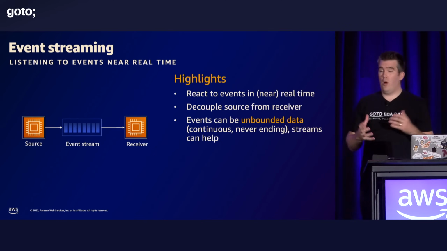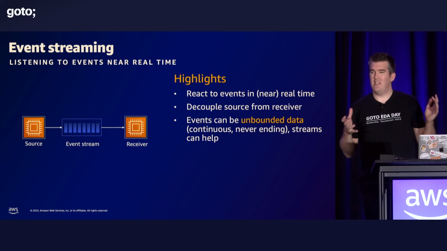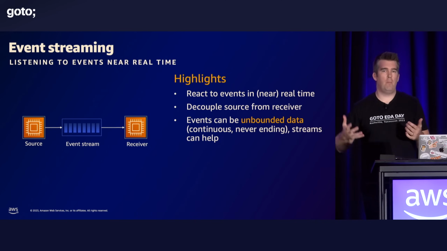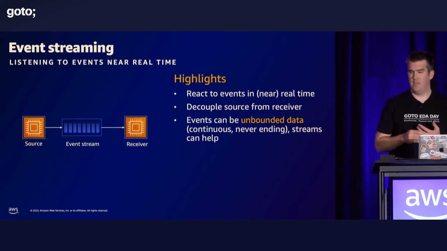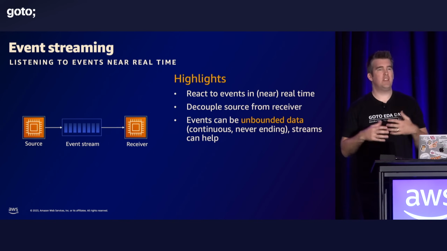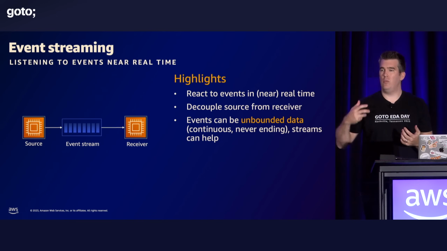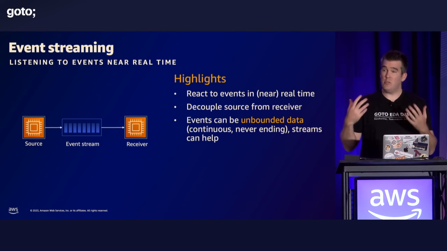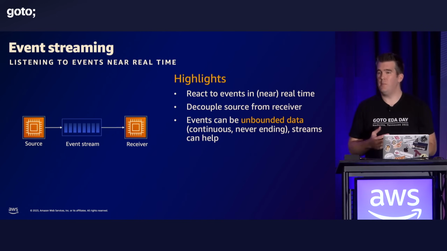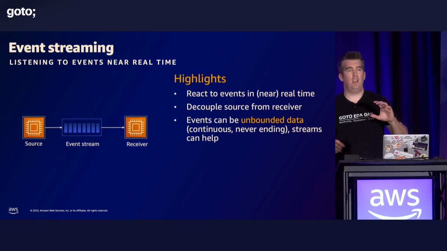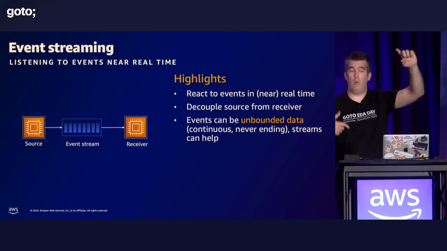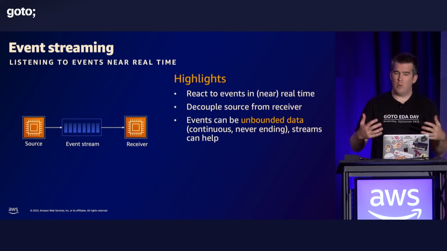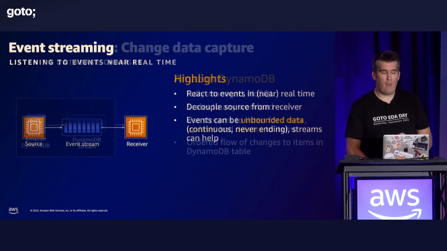The next type of event system that you'll have in your architecture is event streaming. So we've got point-to-point, A to B, we've got pub-sub, out to everyone in the audience, and now we have streaming. So this is unbounded data, thinking about all this enriched, real-time data. Again, James mentioned this with the value of data, the value being higher when it's more real time. Okay, so we want to process this. So how can we do this? Again, what serverless offerings are there?